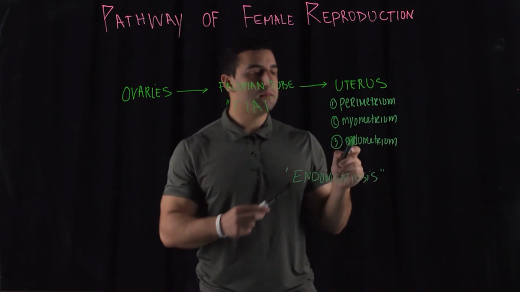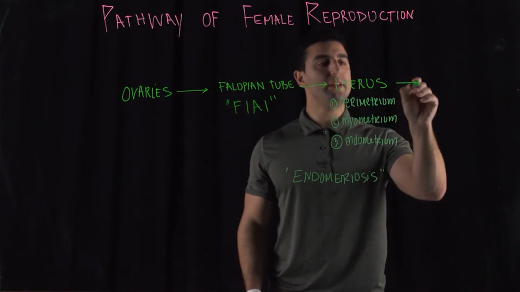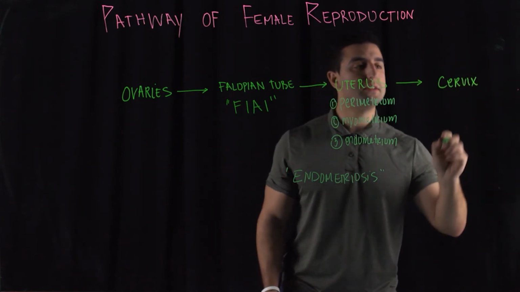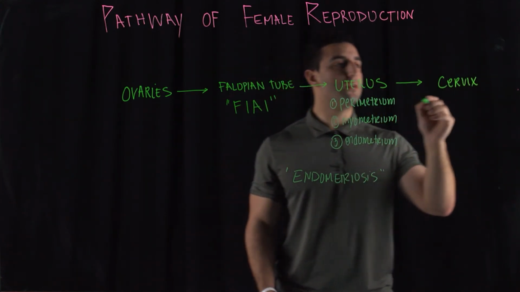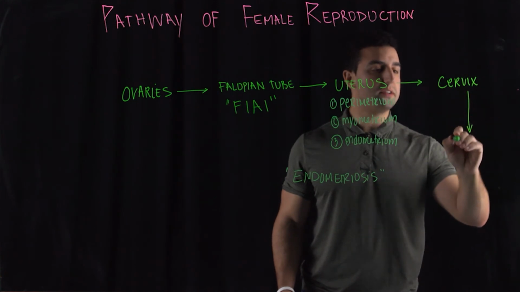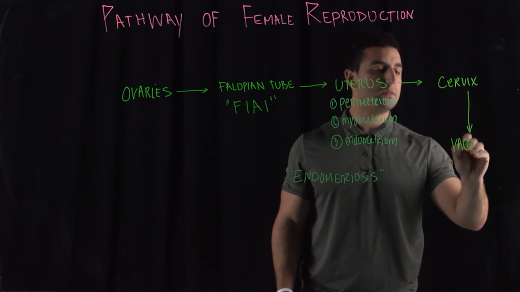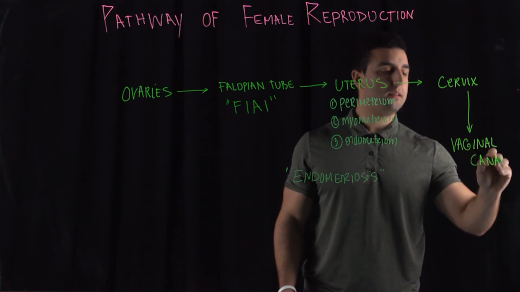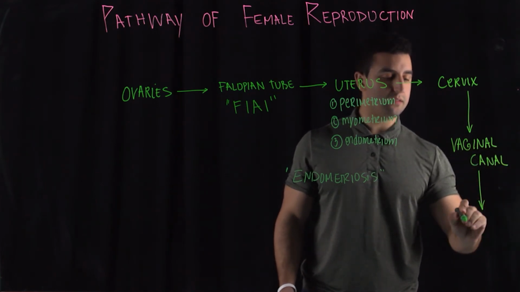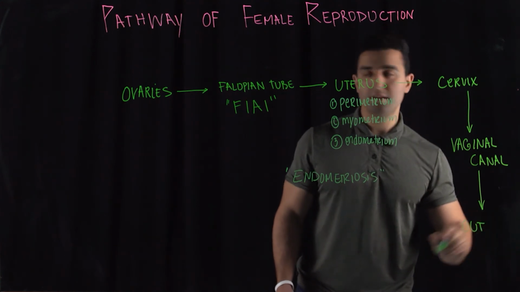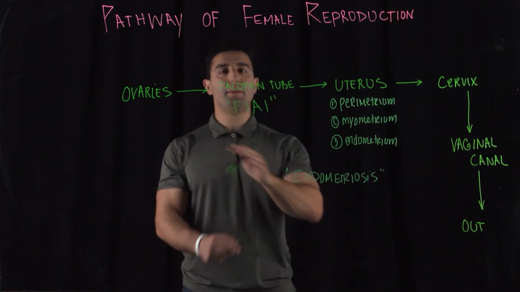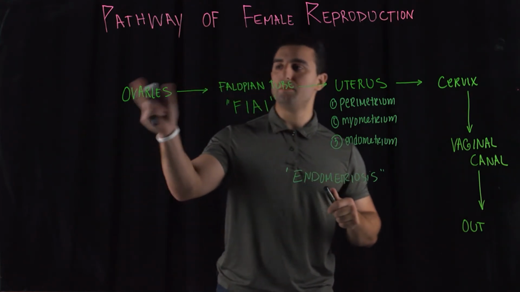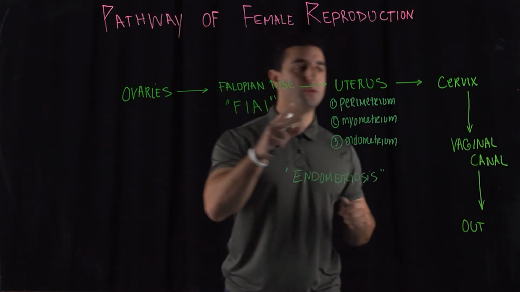The next structure that you have is the cervix. Right. So the cervix is the opening right before you enter the vaginal canal. And then in the end, everything goes out. Right? So that's a very general and basic way of understanding where and how the egg is produced, stored, and